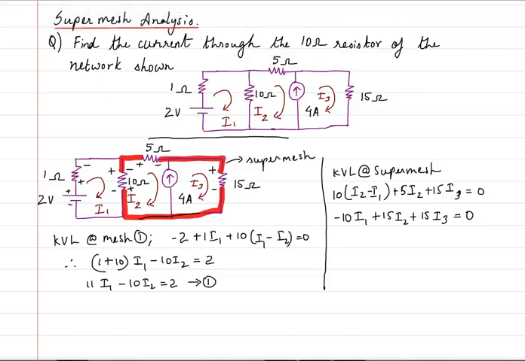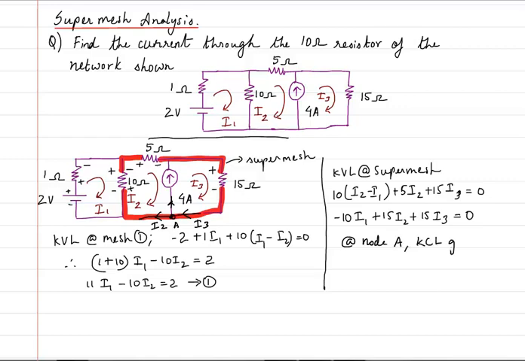Here I am having the node, here the current is I3 and here the current is I2. And what is the current here? Here the current is 4 amps. Therefore I will first name this node. This node is going to be, let's say, A. So I will write at node A,